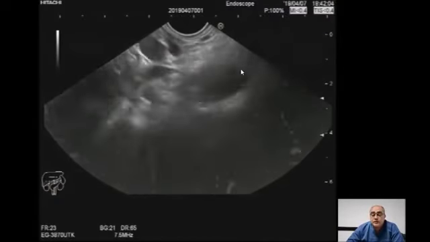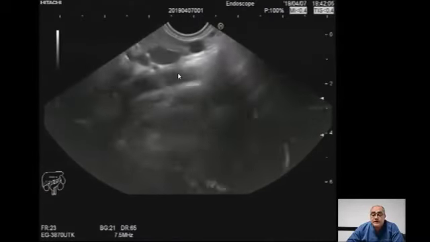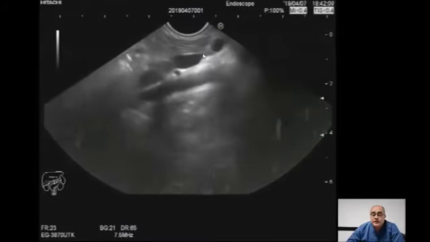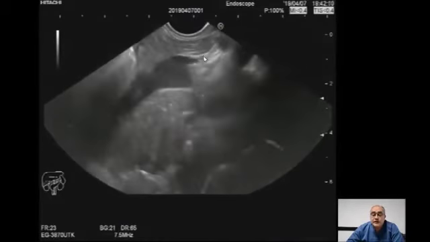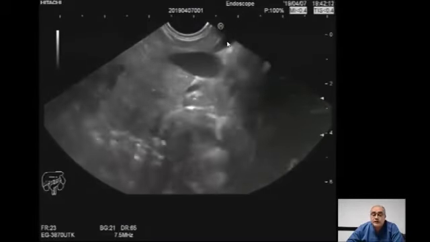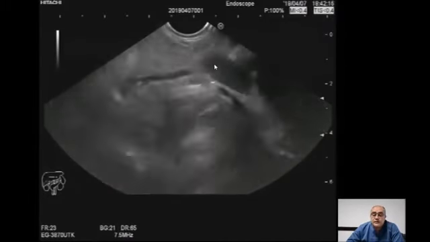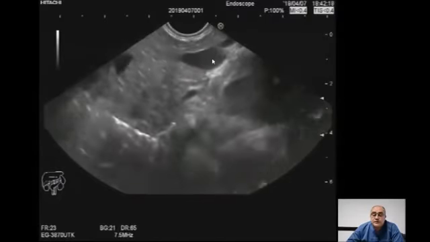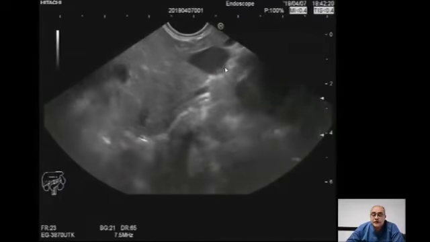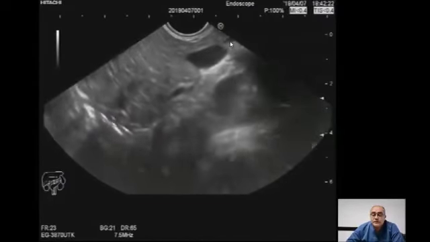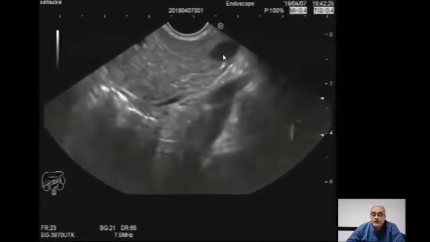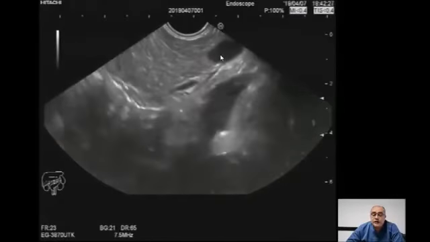This is the abdominal aorta, and this is the celiac axis, the superior mesenteric artery, splenic artery, and splenic vein. And then anti-clockwise, we can follow the splenic vein into its confluence with the superior mesenteric vein and the portal vein going to the liver. So this is the splenic vein, and this is the confluence, and